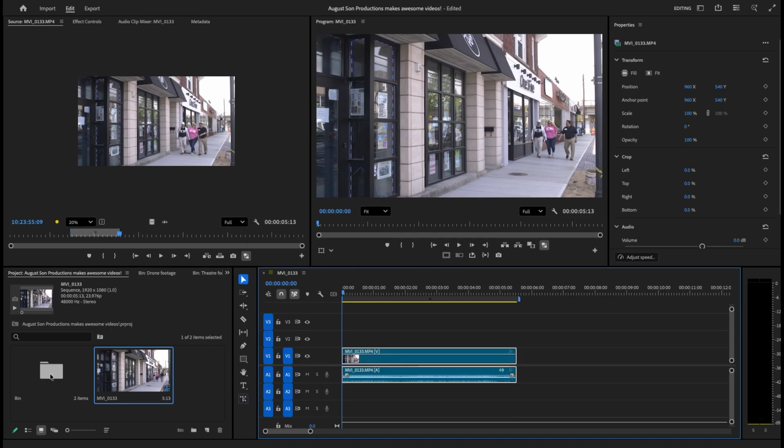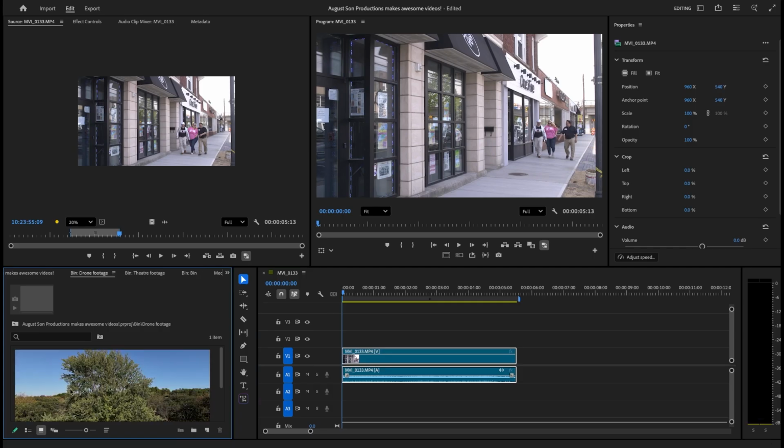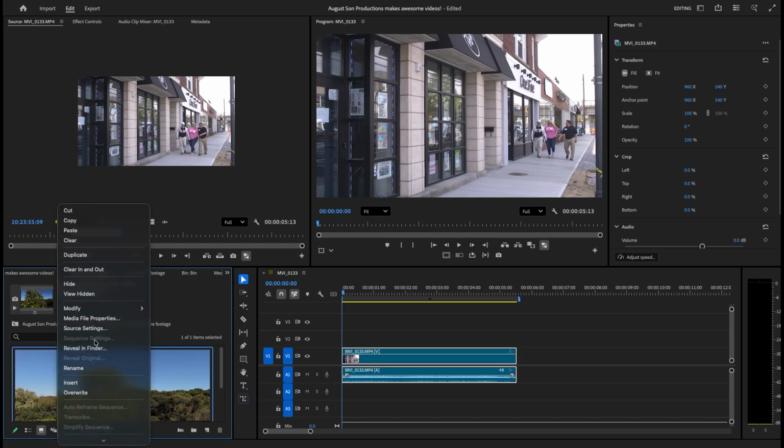So you're probably thinking, how do you add a 60 frames per second clip onto a 24 frames per second timeline without it being choppy? Well, I'm going to show you how to do that. You go to the bin, drone footage, and you can see here we have our 60 frames per second clip. I'm going to right click on that, go to modify, interpret footage,